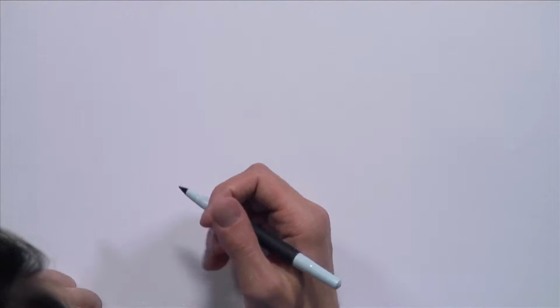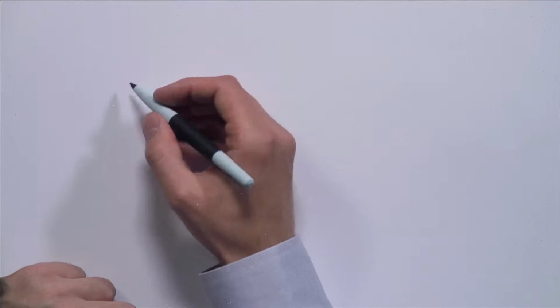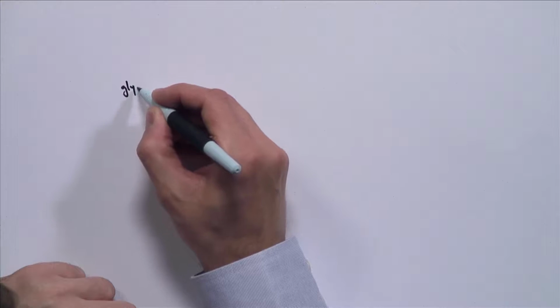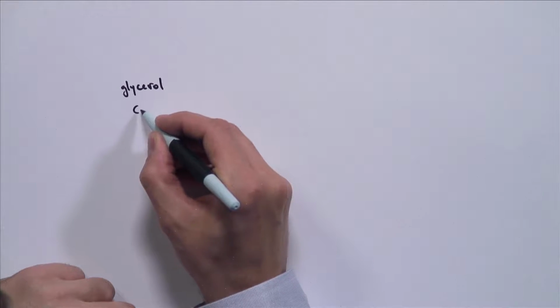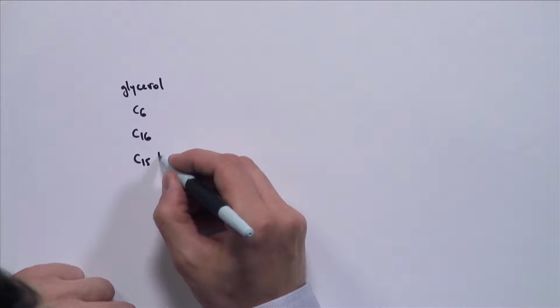In order to figure out how much energy we can get from this one molecule of fat, we will look at how much energy we get from each one of these constituents, namely the glycerol and the 3 fatty acids, and calculate the maximum amount of ATP we can generate when we metabolize each one of these molecules completely to CO2 and water. In order to keep track of how much energy we get from each of the molecules, let's make a handy table right here. So I'm going to put glycerol and the C6 fatty acid, the C16 fatty acid, and C15 fatty acid.